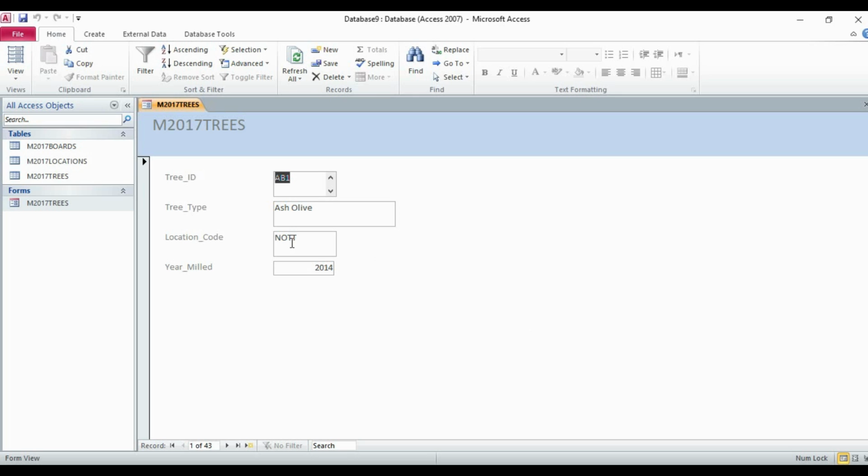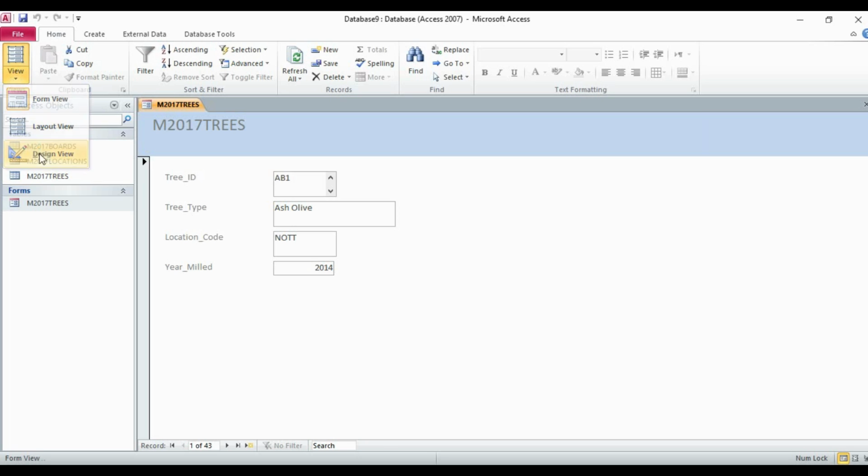For example, if it is given tree ID. Now, what is this tree ID? What you have to do with this tree ID? Nothing is mentioned here. So for example, if I want to make it more descriptive, so that the user, when he or she has a view on a form, they must know what they need to do with this ID. So whether they need to choose it or whether they need to enter the ID, what they need to do. So just go to the design view.